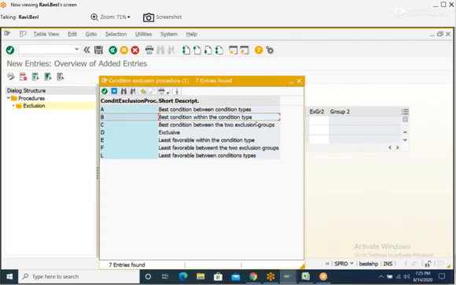And the scenario is, if there is a confusion in the access sequence, what is the best one and what is most specific and what is most general, then we uncheck exclusive. If you have 3 tables in the access sequence, we uncheck exclusive and send this access sequence to the condition type. That condition type will be assigned to the exclusion group, and for that we'll mention B. We'll see one example also for this. Now you can have exclusion between 2 groups also. We'll see that later. But for present, we'll see this.